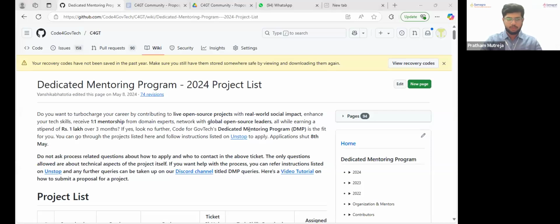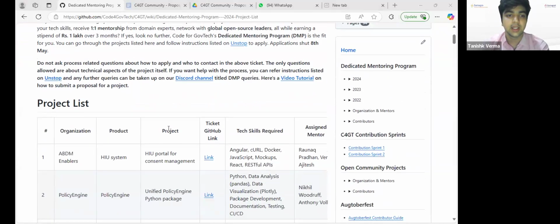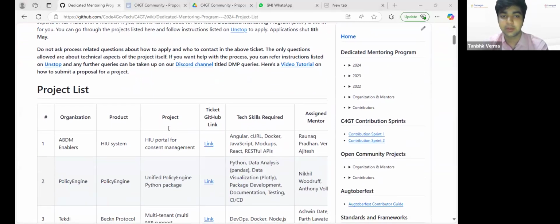So hi everybody. As Pratham mentioned, we partner up with multiple organizations who post their projects with us. It is very similar to the Google Summer of Code and other fellowship programs that you must have seen, where multiple organizations just share their issues on GitHub, and we just collate them at one place.